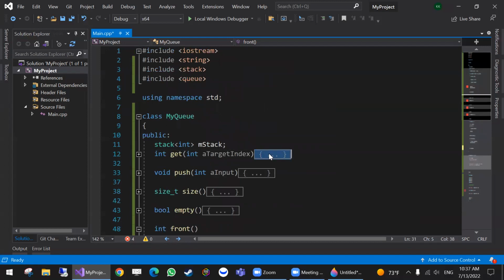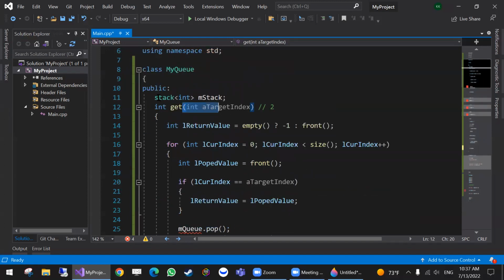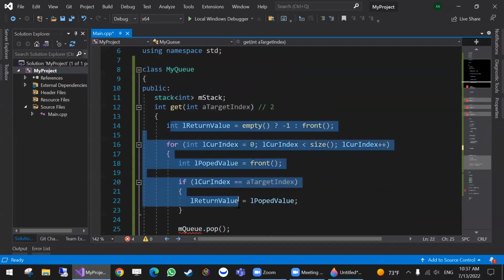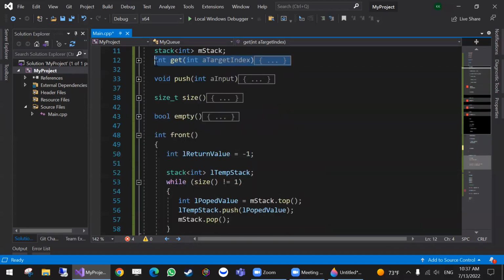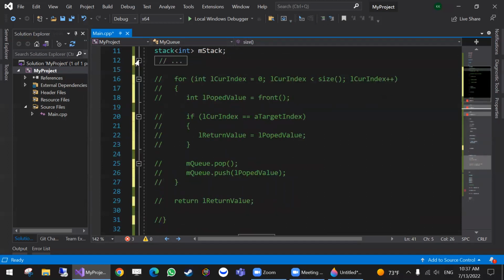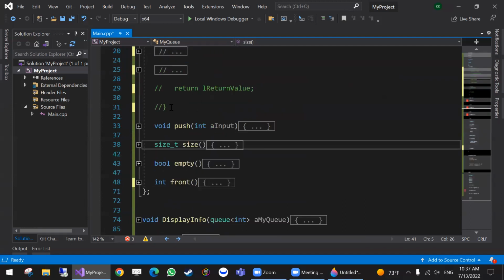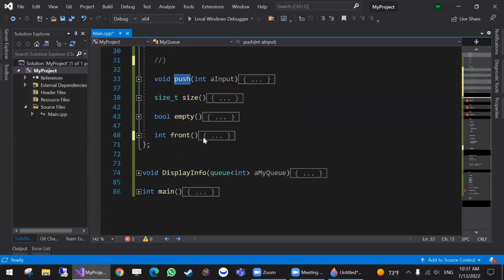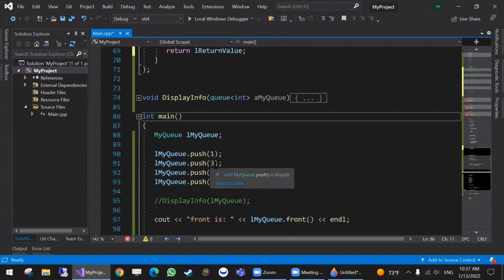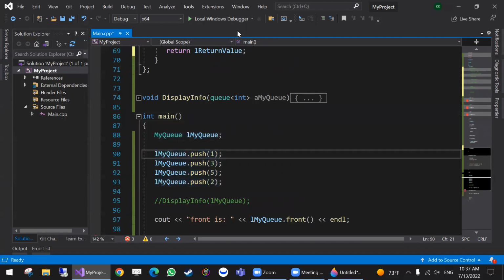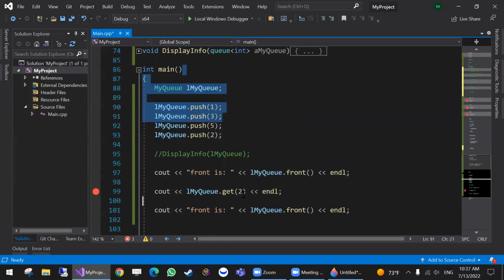And forget, since it's a stack, I need to do the same method that I did earlier for stack. So you have that. So I'm gonna just comment this out. And push this ready, empty is ready, front is ready. So let's try it. It uses queue under the hood, but it uses stack under the hood, but I'm gonna show